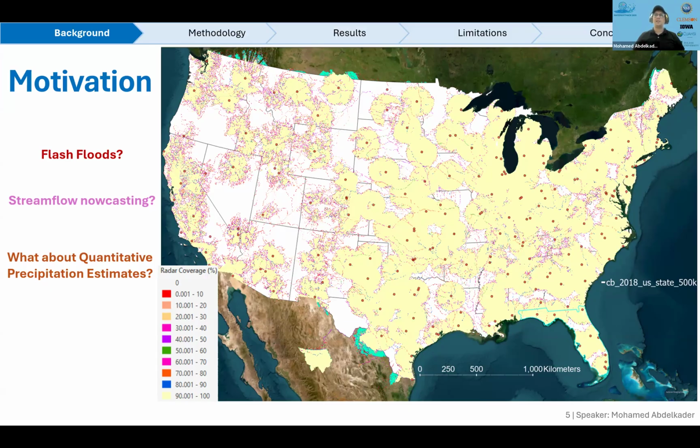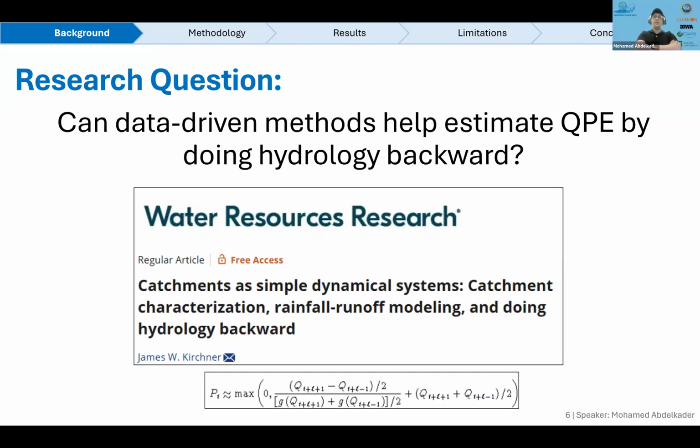So the white spots that you are seeing here, those are areas in the United States, basically in the CONUS side, where we don't have radar coverage or we have poor radar coverage. So this is a limitation to apply those types of research or operations in hydrology. So the main question that is driving our research here: can we leverage data-driven methods to help us estimate QPE